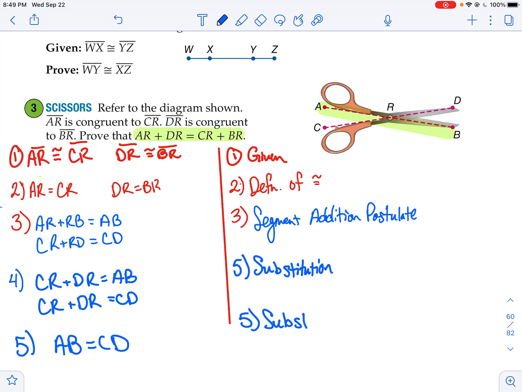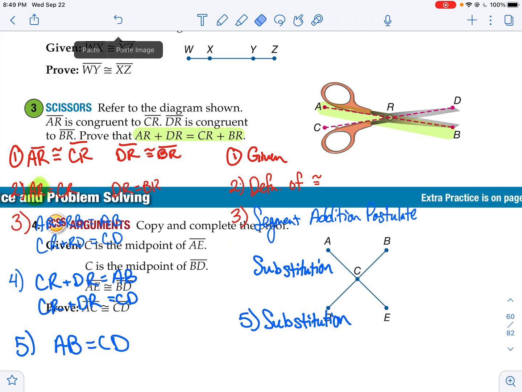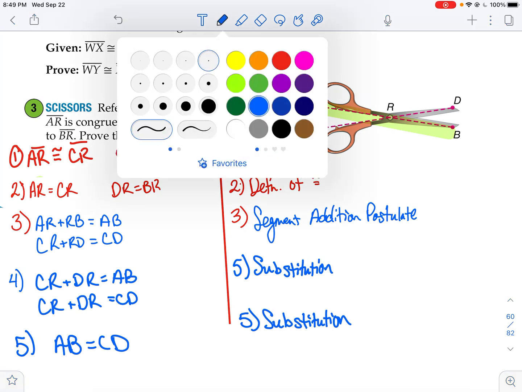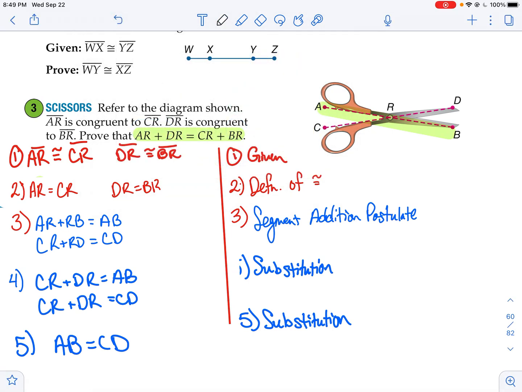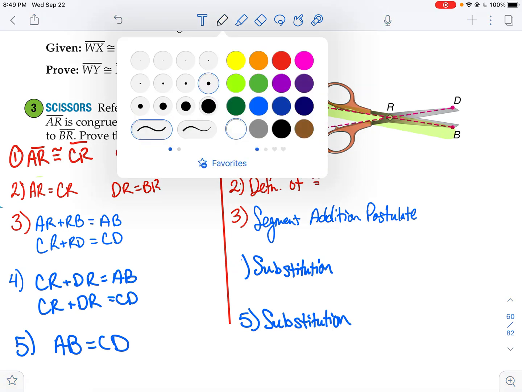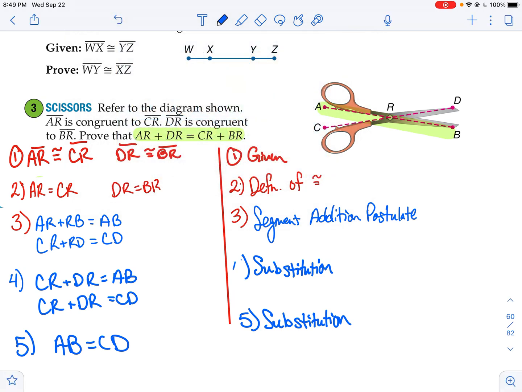But I have 2 number 5s on my right side. Ooh, I didn't mean to do that. Okay. Make that a 4. So now that I know that AB is congruent to CD,